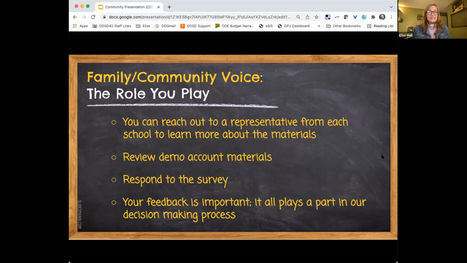We're also making available to you a demo account of each of the curriculum that we are reviewing. The demo account is available online so that you can click on a link and see the materials that students would be using during this pilot season, and that would be available to them. When we move into our final decision for adopting a curriculum, we will have physical materials. Students will have books in their hands. They will have materials to work with. Teachers will have large books and posters to work with.